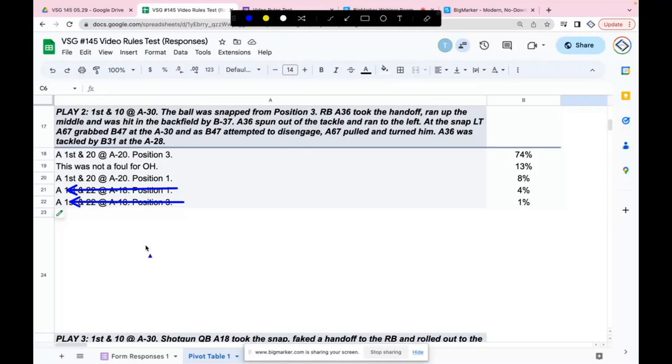I guess we've got to watch the play, correct? Just so everybody understands, is it absolutely impossible? I think it is. You can't. I think it's impossible. First and 22 on holding. So now we've got to decide: are we going to be first and 20 at the 8:30 position 3 or position 1, or then the other debate is, should it even be a foul at all?